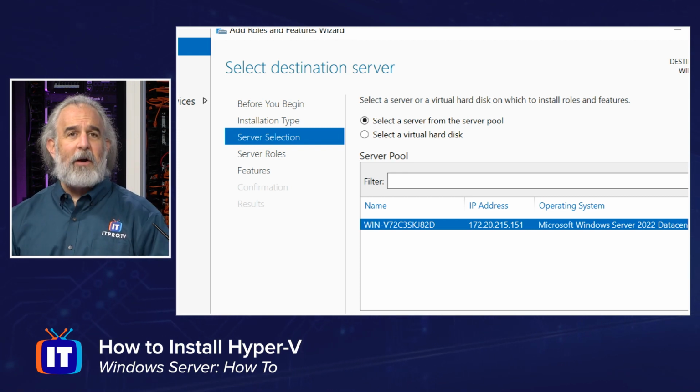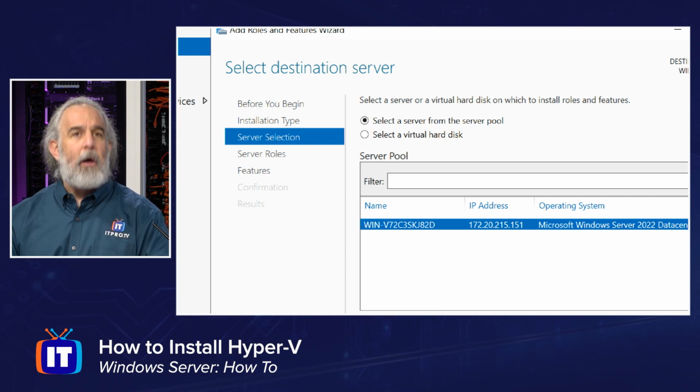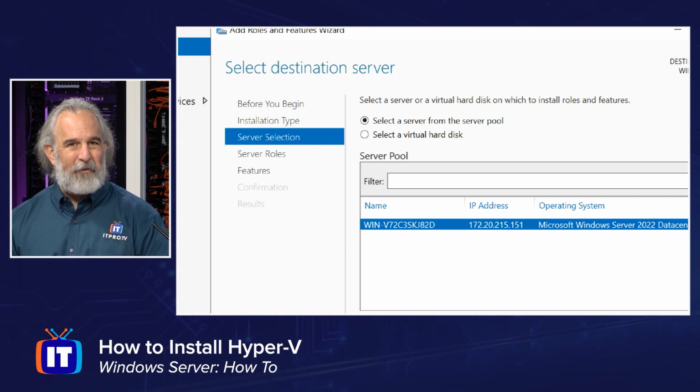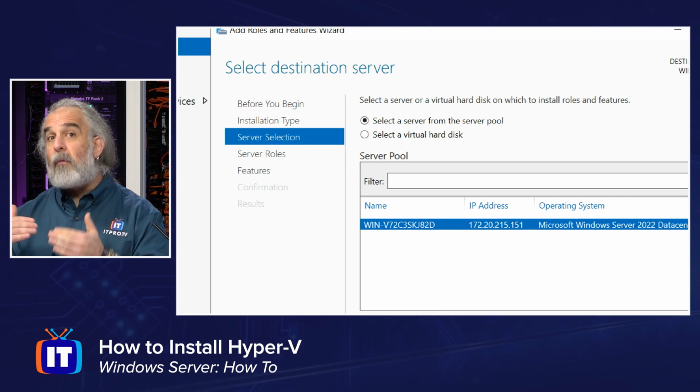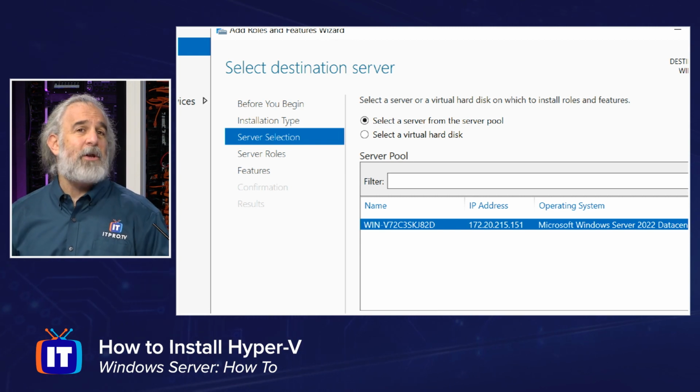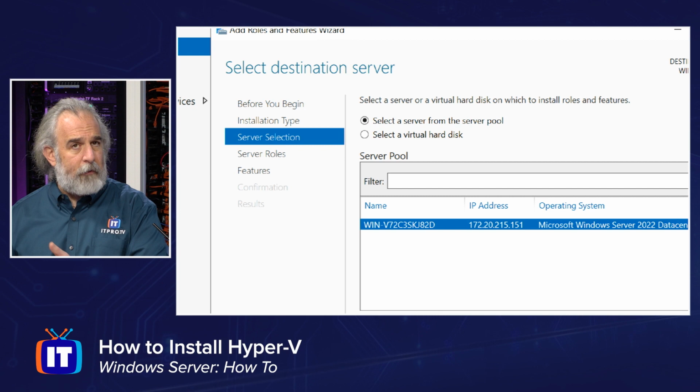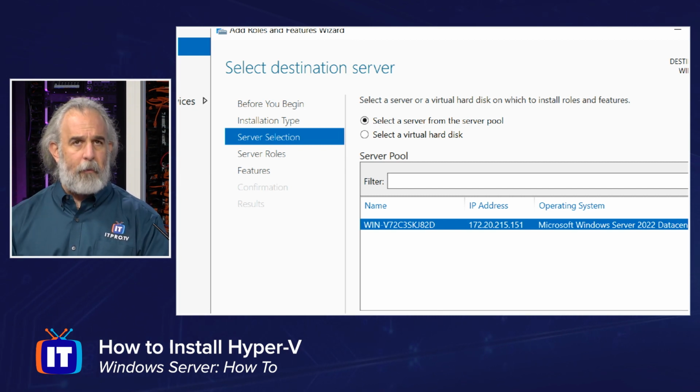The local machine is listed and highlighted, so I'll be able to operate on the server, in this case, the Server 2022 virtual machine I'm running. If I have more than one server listed, I just have to pay attention to make sure I know which server or servers I want to operate on and then choose the appropriate machine.